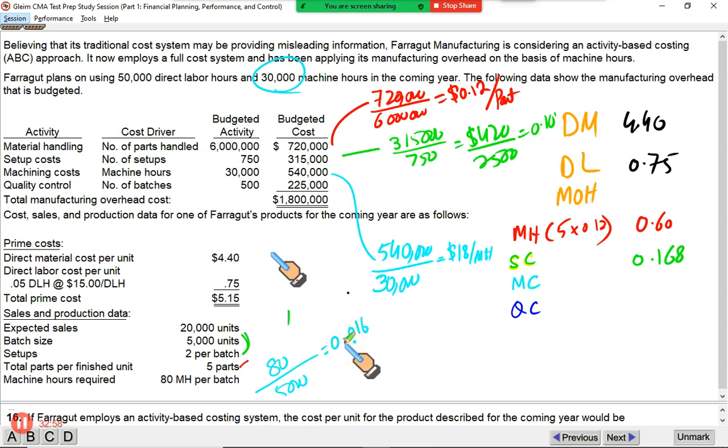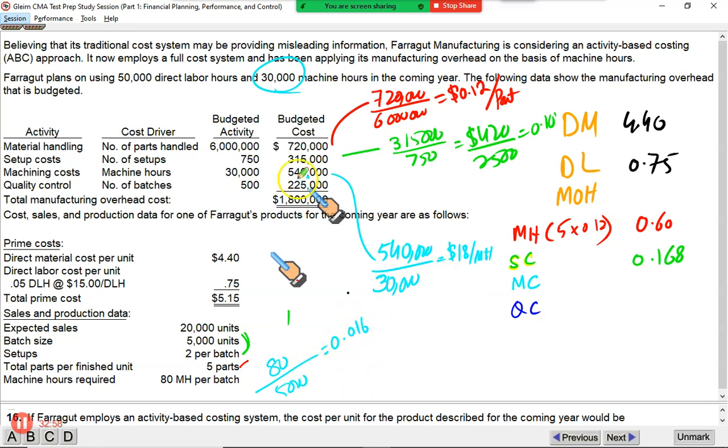It's a complex question. If you ask me, sir, can we expect a question like this on exam? Absolutely not. This is not an exam question. If a question like this comes, you have my authority to throw the system away from Prometric Testing Center. This is not a question you can do in 3 to 4 minutes. It's just for the sake of understanding how the whole ABC works. So 80 machine hours based upon 5,000 units. Salman, this is too complex for a MCQ on the real exam. It's taking too much time to solve. I'm not sure about the computer, but the question I'm sure is not the one that you should expect on the real exam. It's complex, too time consuming.